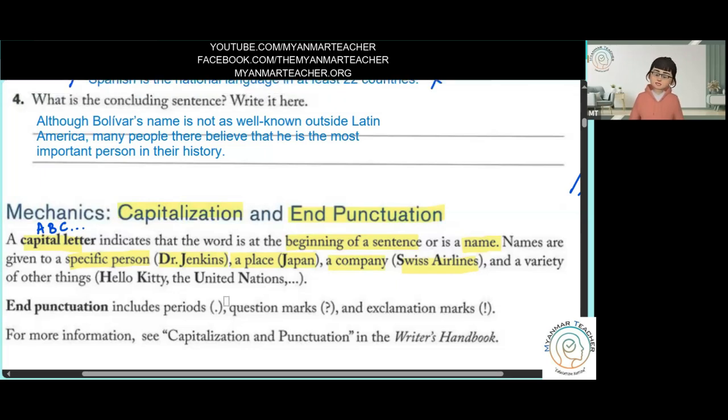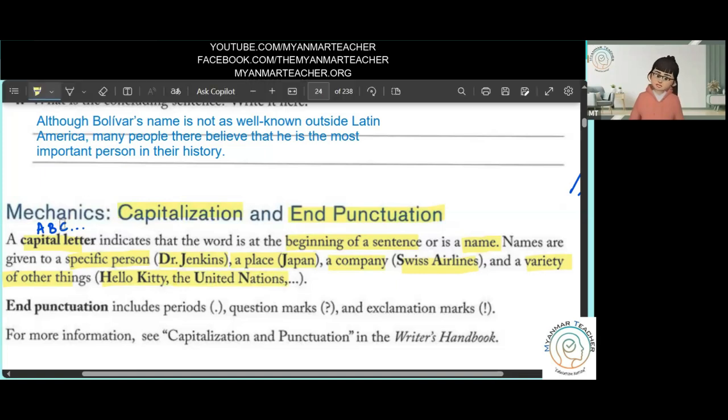So titles, like Hello Kitty, the United Nations, etc. We have to write the first letter in capital letter. And for punctuation, at the end, sometimes we put periods, full stops, question marks and exclamation marks. For more information you can see capitalization and punctuation in the Writer's Handbook. So this is our Writer's Handbook, so you can check